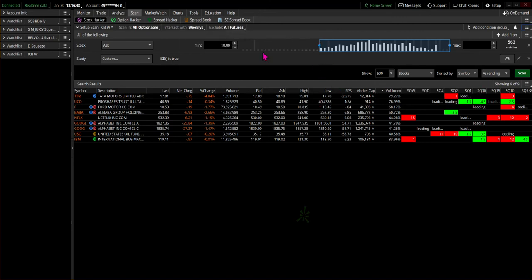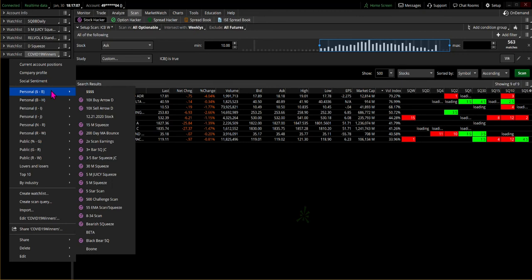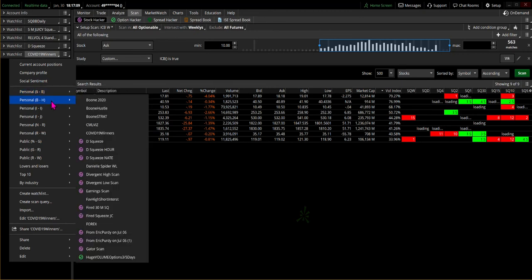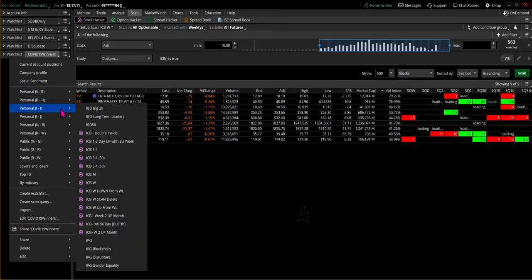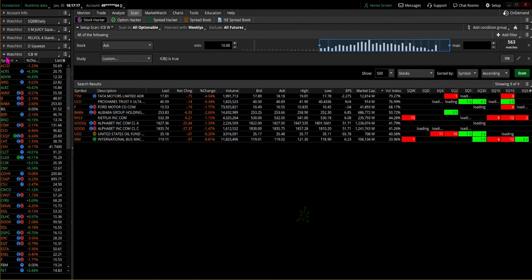And then when you wanna look at the charts, right? You wanna flip through your chart. So I usually go over here to the watch list. Once you've created a scan, you can actually pull up any of those scans on your watch list. So all I do is go to find the one I just created, right? I just saved it as ICB weekly. So I'm gonna go look and I'm gonna find the ICBW. That's what I saved it as, right? Then I'm gonna open that scan up, and as you can see, it